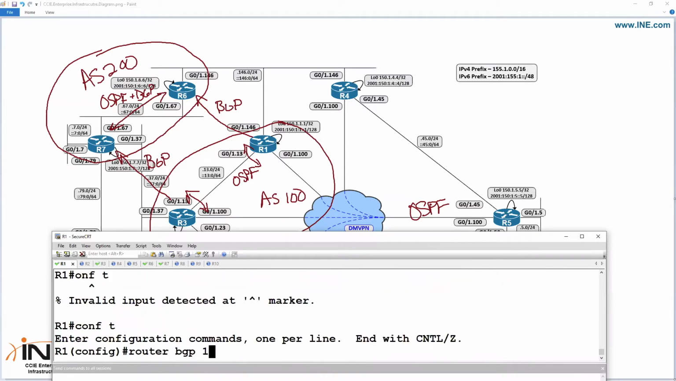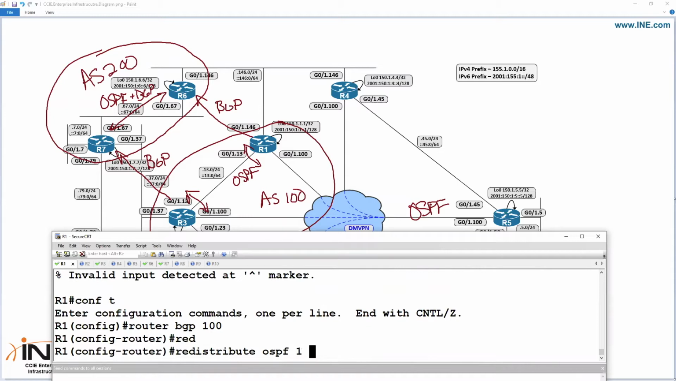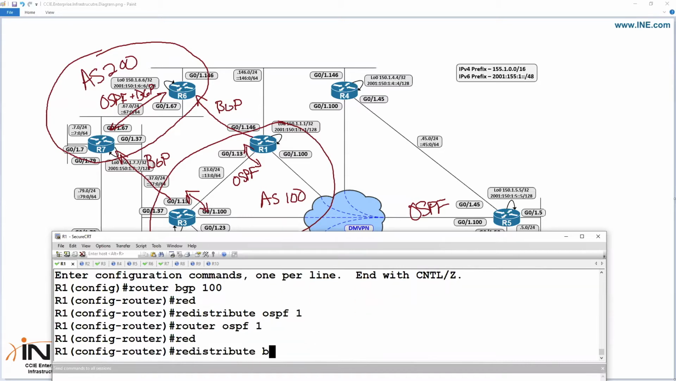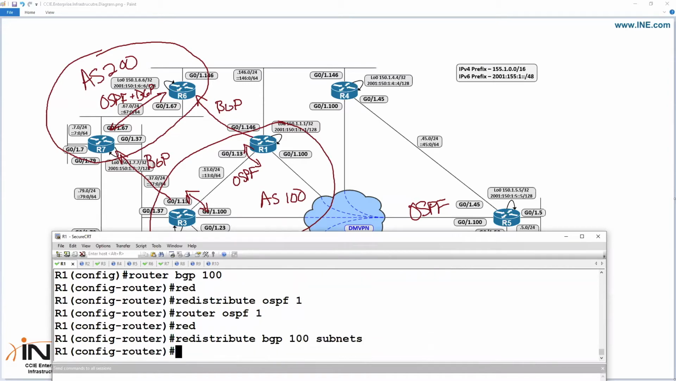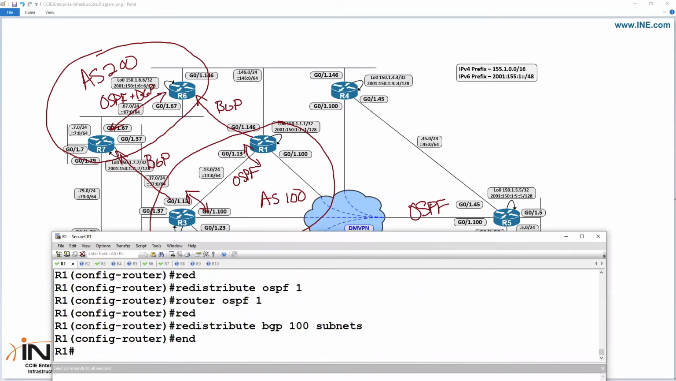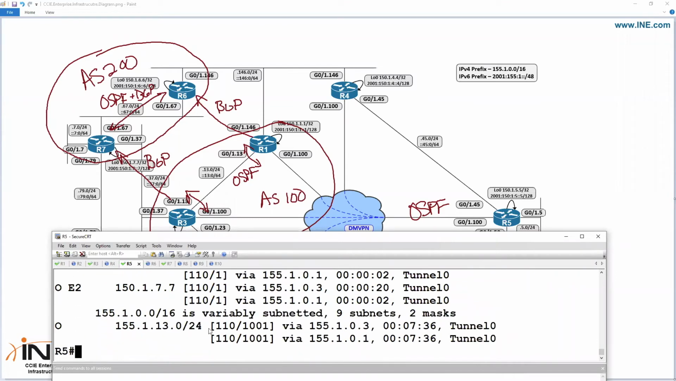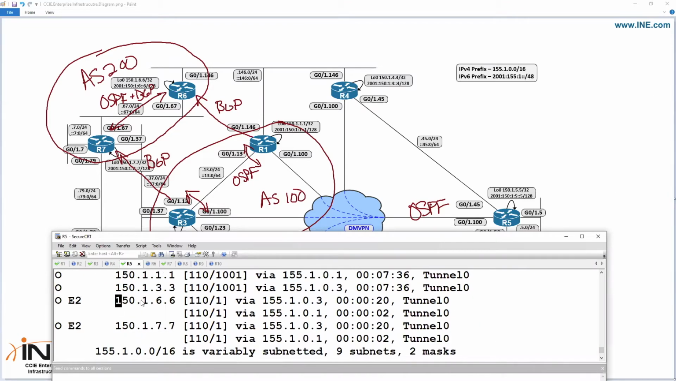So router BGP 100, redistribute OSPF 1, router OSPF 1, redistribute BGP 100 subnets. Okay, so if we look at router 5, who's running OSPF on the back end, and we look at the show IP route OSPF, we should be learning those two external routes, the 150.1.6.6 and the 150.1.7.7. Okay, notice also that we're load balancing between 1 and 3 because they both have a cost of 1